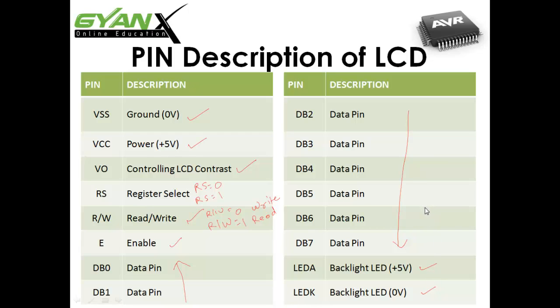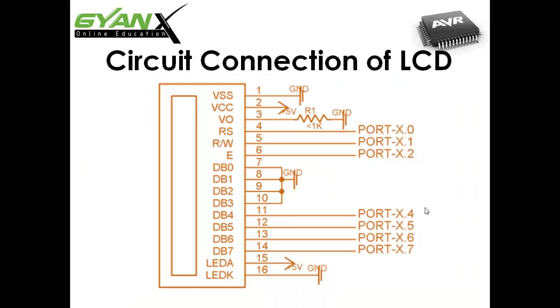Next we are going to see the circuit connection of LCD. This is basically the circuit connection of the LCD with the microcontroller which we are using in our board. There are 16 pins in an LCD. Here you can see the first pin is ground, meaning on your board this pin is connected to ground. Second one is VCC. Here you have to connect the potentiometer whose value should be less than 1K, meaning 1 kilo ohm,